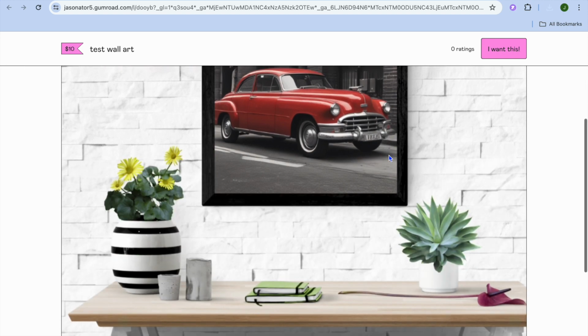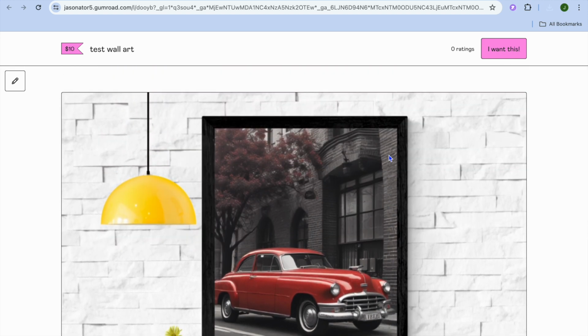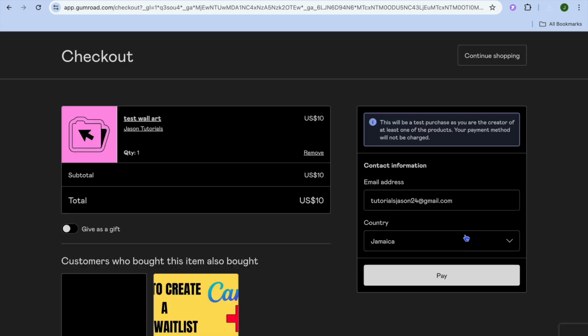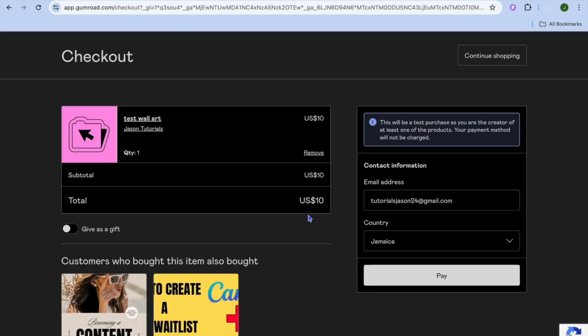So you can see that our mockup looks professional, and then from there you can see I want this right here. You can see the size of the wall art. All they'll need to do is tap on I want this. Then from there they'll be redirected to a new page and they'll see the price, or they can also purchase it as a gift for someone. Then they'll enter their email address, select their country, then tap on pay, and you can do that right there. After doing that,